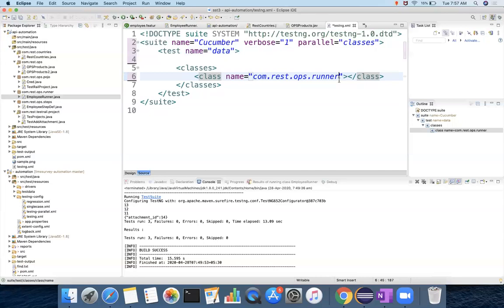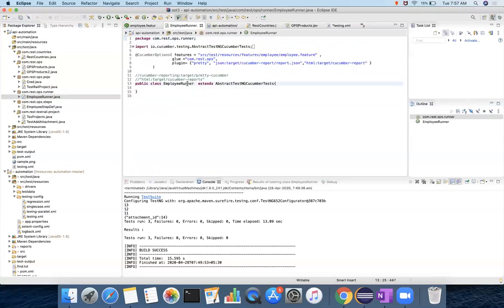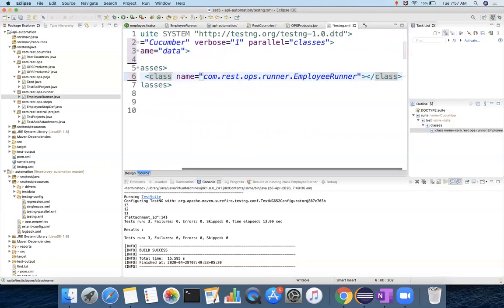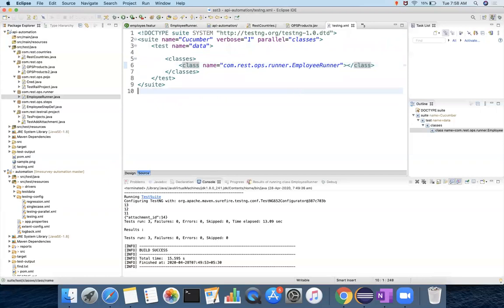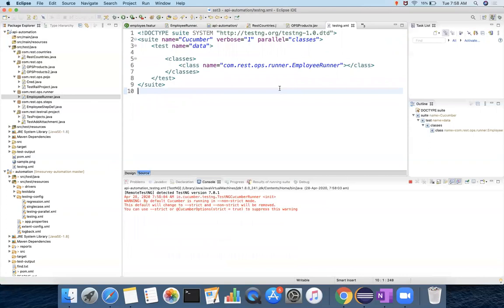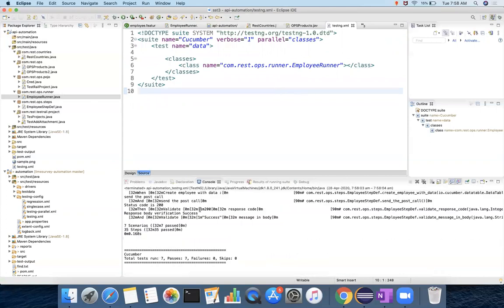What is the class name? Employee runner, right? So employee runner dot employee runner. Now when I run this testng.xml, the TestNG suite, obviously it is going to execute our employee runner. Employee runner internally executes our feature file.